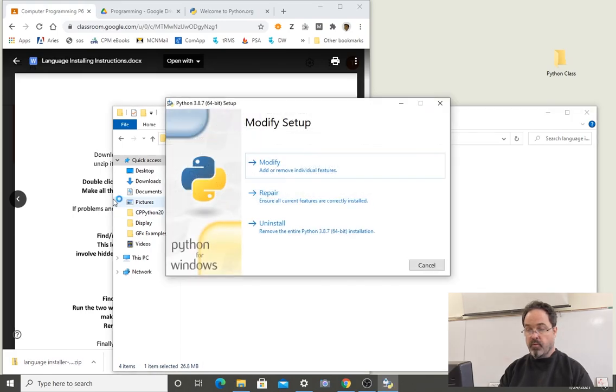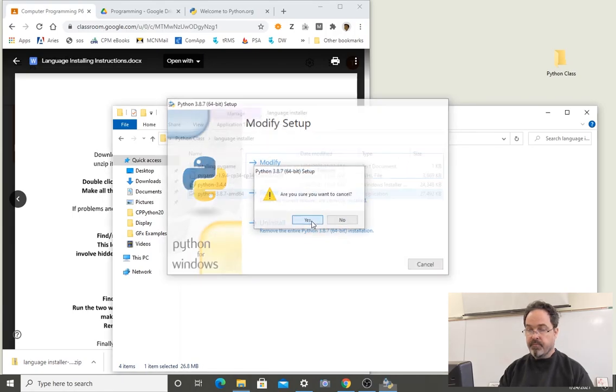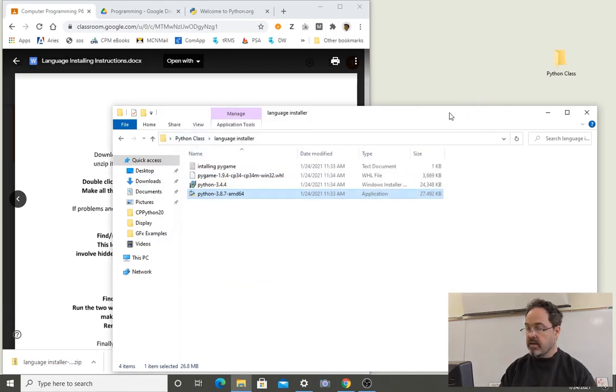Double-clicking on it will run it. What you see here is a modified setup because the language has already been installed on my computer. You would choose Setup and then follow the simple instructions until setup is successful and then close this window. Next,